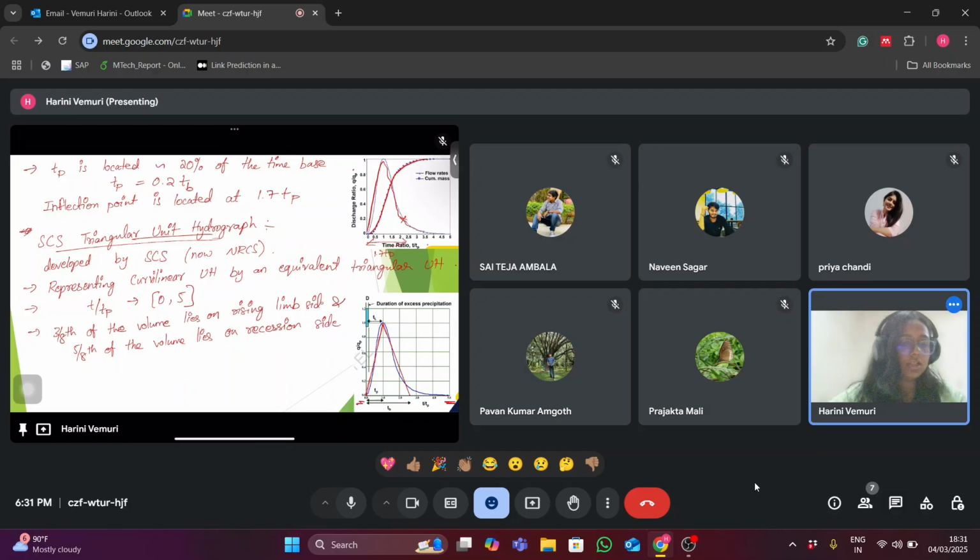So if you see here, 3/8 of the volume will be on this side and 5/8 volume will be on the right hand side. And the empirical equations for the SCS triangular method are